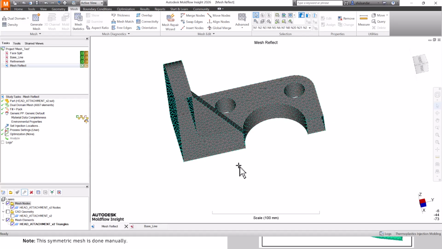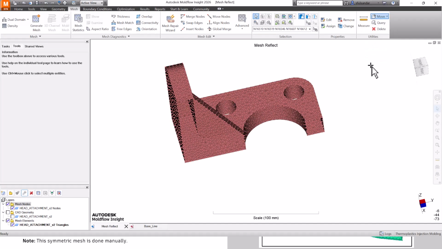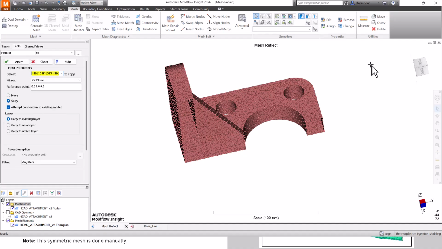Control M is a shortcut for the reflection. It will go and reflect the things. Once you have been used to the shortcuts, we really struggle to find it. And then probably I'm going to reflect around the YZ. Okay, yeah, and then I pick up the point over here